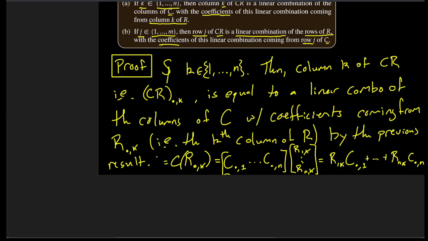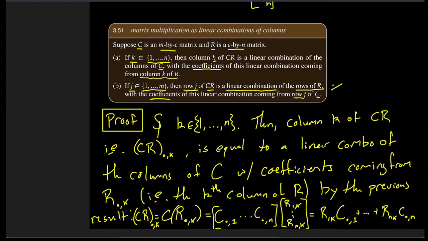This is just, let me move this very slightly so I can make it a little bit easier to see what's going on. All right, this is just CR dot comma K. This is the kth column of CR. Hey, look, it's a linear combination of the columns of C with coefficients coming from the kth column of R. All right, cool. The second part